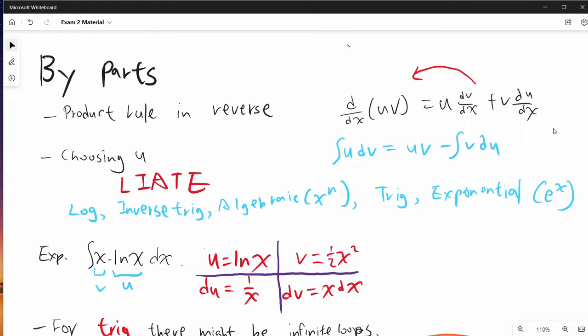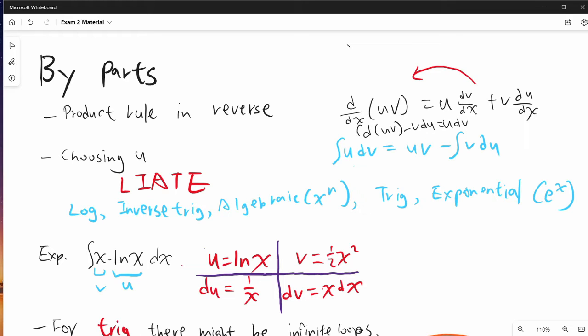So in that sense, it's in reverse. If I multiply dx on both sides, then it's something like u dv, and I can move the v du to the other side, minus v du on both sides, right? All the dx cancel out,